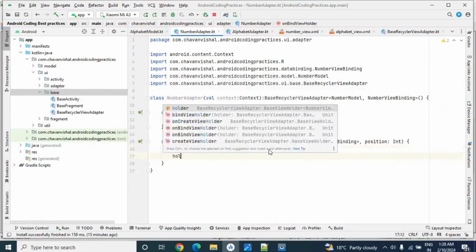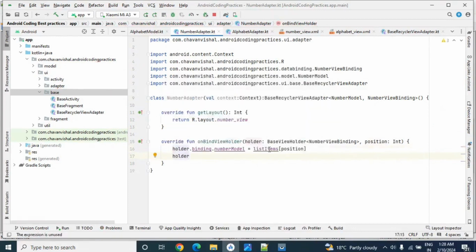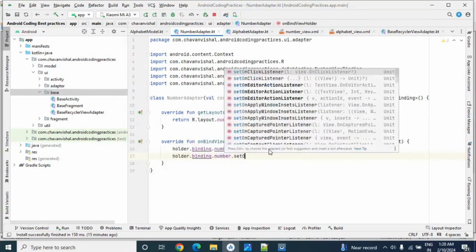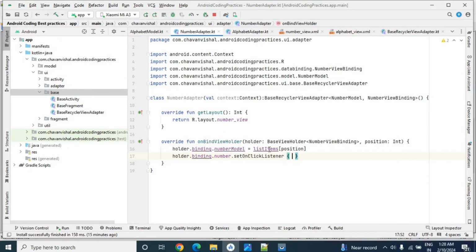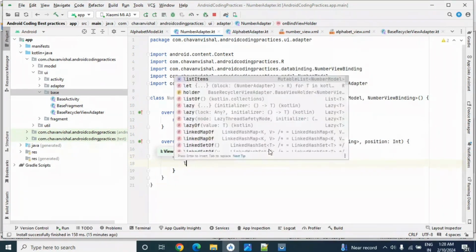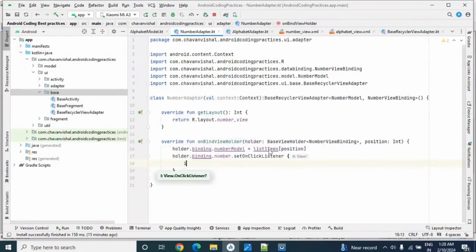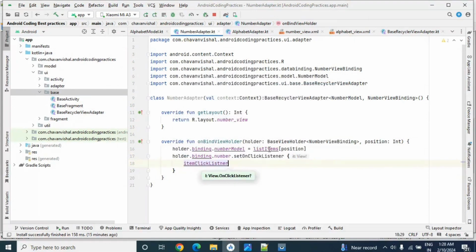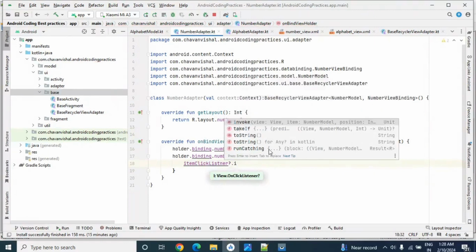Let's implement the click listener also. If you click on any number, then we will print that number in our toast message. So holder dot binding dot number, which is our text view, dot setOnClickListener. In the click listener we will use our itemClickListener dot invoke.